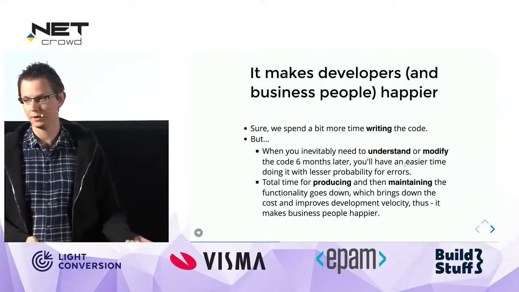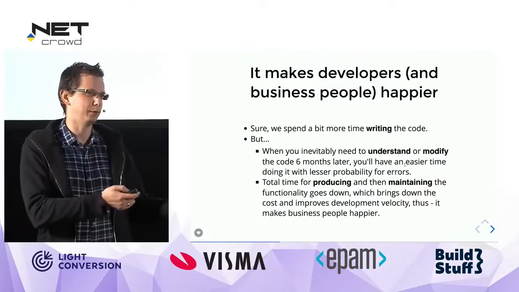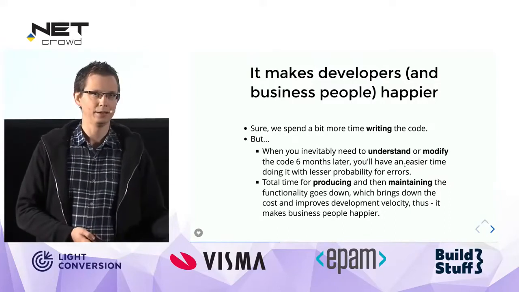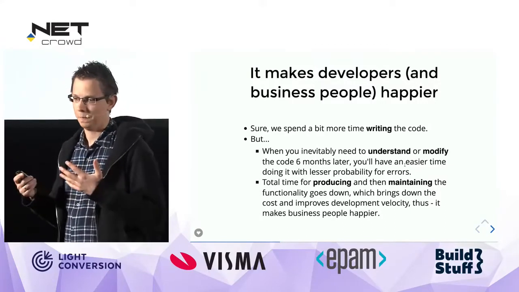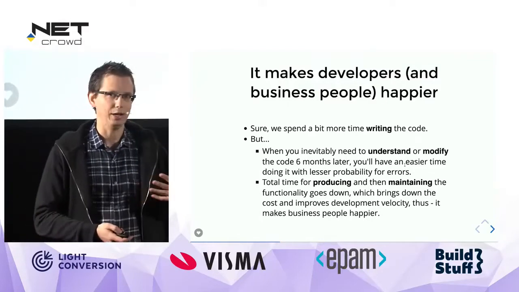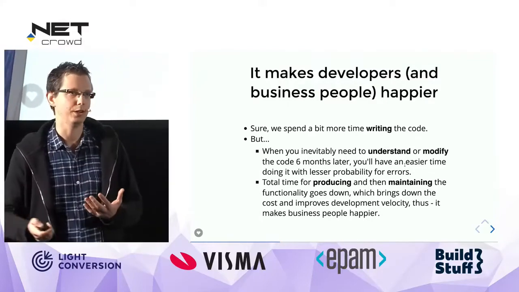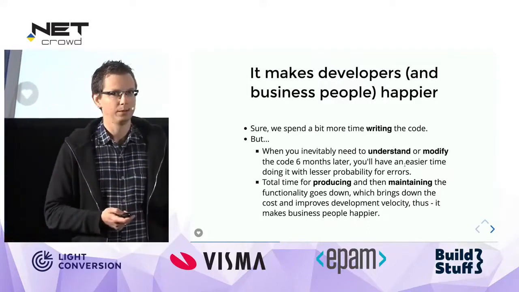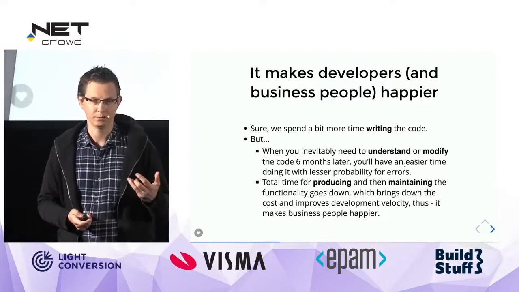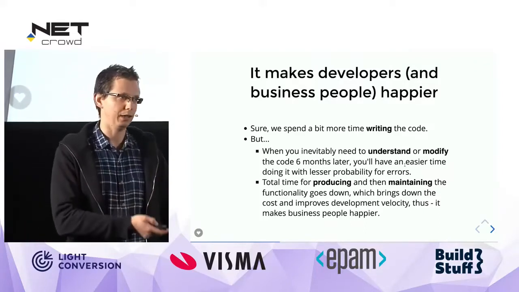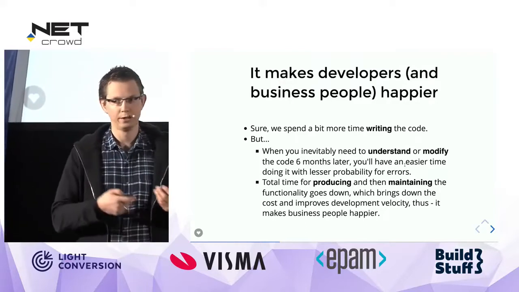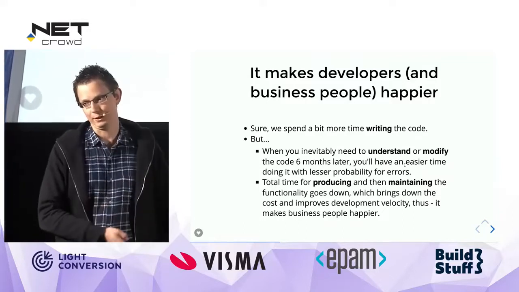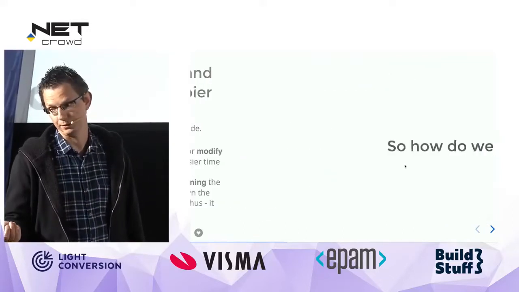It makes developers happier because we spend a little bit more time writing the code, but when you come back in a year and take a look at the code, you can understand the code much quicker. The types guide you. You don't have to spend as much time figuring out what is going on. And in the long term, the software becomes cheaper because the developers can write reliable, non-buggy software faster, and they are happier with your code base. They don't leave as much, etc., etc. So it's good for business as well.